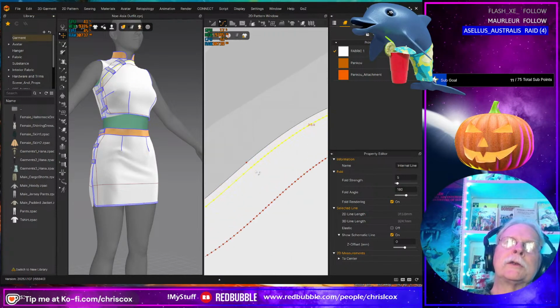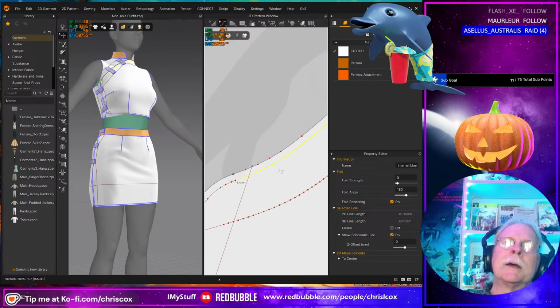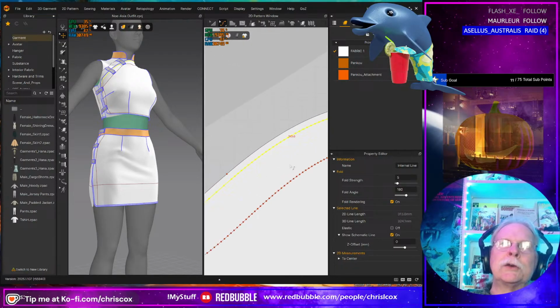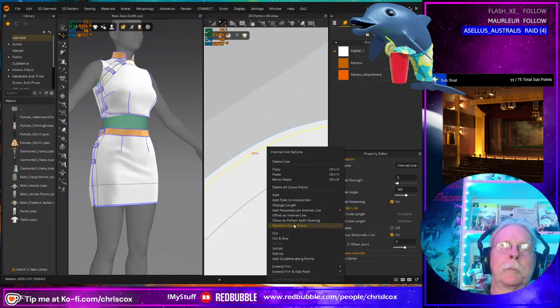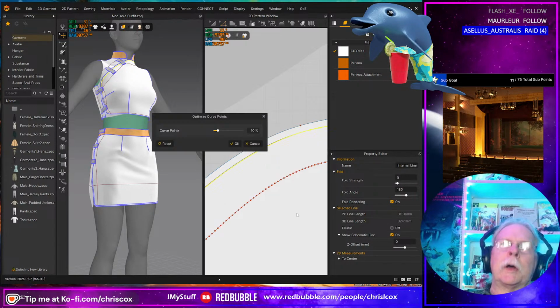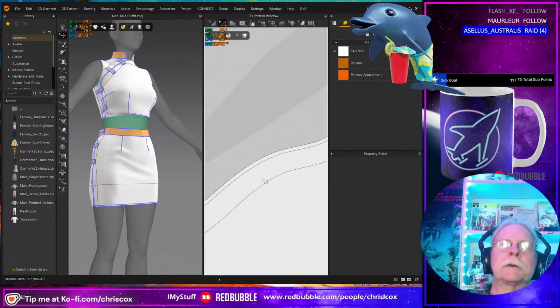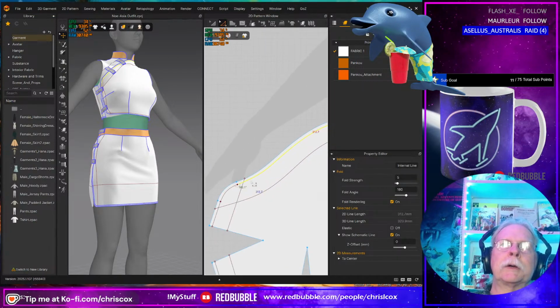That is stupidly complex. Look at how nice and simple it is on the outside. And then this just gets stupidly complex. Let's see if we can simplify that. Optimize curve points and see if that fixes my issue with the complex shape.